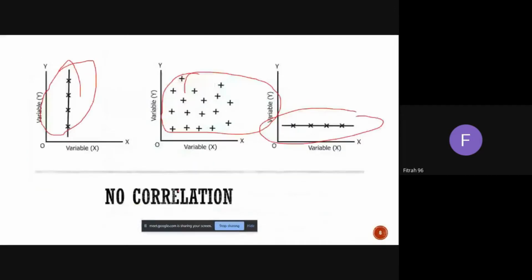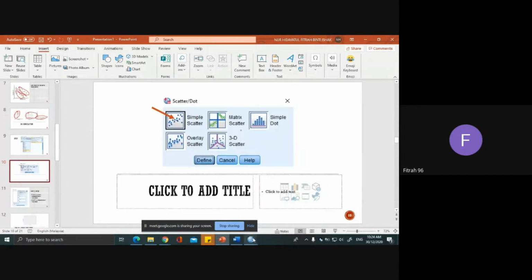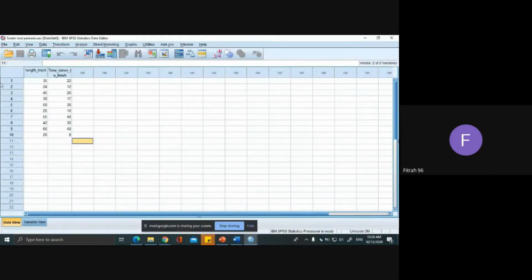So if you find out it looks like this, it means that there is no correlation. The step is simple. You go to Graph, Legacy Dialog, Scatter/Dot, and choose Simple Scatter. Okay, let me show you here. In the data set I gave you, the title Scatter and Pearson is regarding the length of track of a runner. This runner wants to find out if the length of the track will affect his time taken to finish